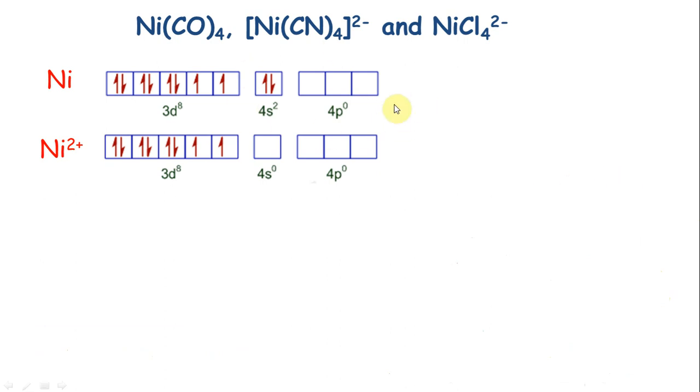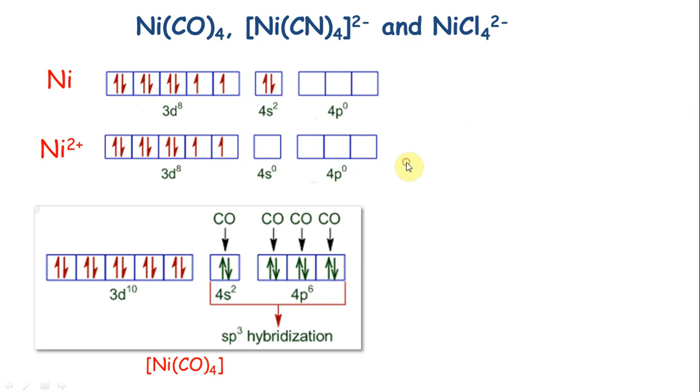Okay, this is a special case I want to discuss. Nickel carbonyl, nickel cyanide 4 and nickel chloride. They ask this many times in NEET. All of them are nickel complexes, but they do have different geometries. So this is the ground state of nickel and nickel 2 plus state. Now when I do nickel carbonyl, it's a strong field ligand, so it pairs everything up. Okay, here nickel is in zero oxidation state. Alright, so total 10 electrons, all of them are paired and I need 4 orbitals, so it becomes sp3 hybridization.